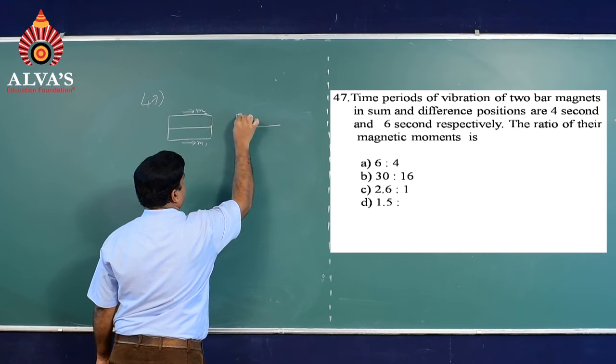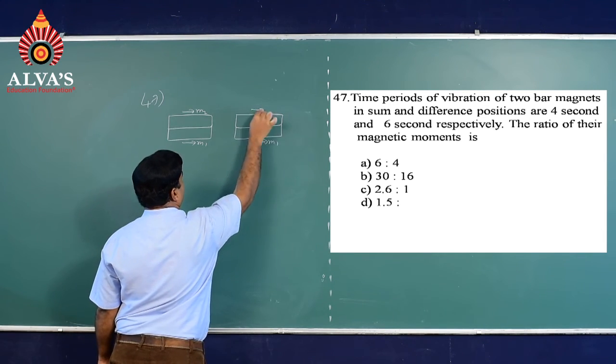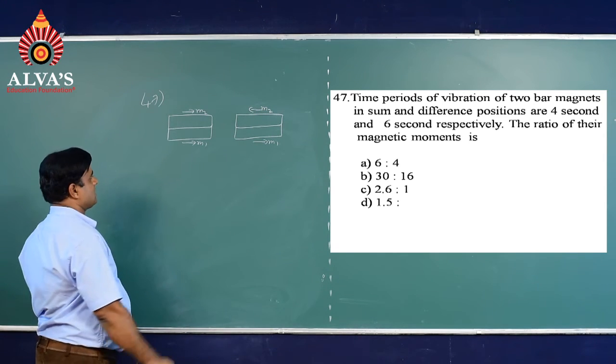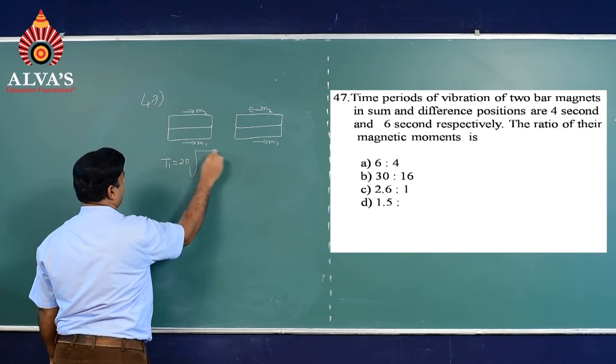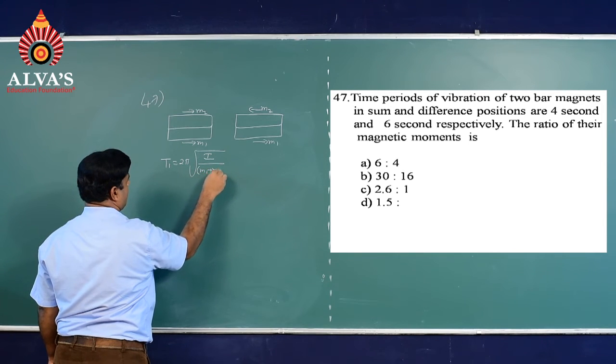If they are placed such that magnetic dipole moments are in the opposite direction, they are said to be in difference position. Here time period T1 is 2π root of I by (m1 plus m2) into